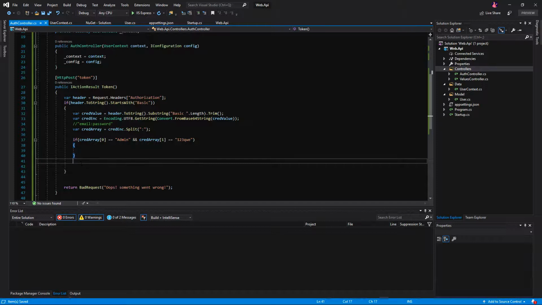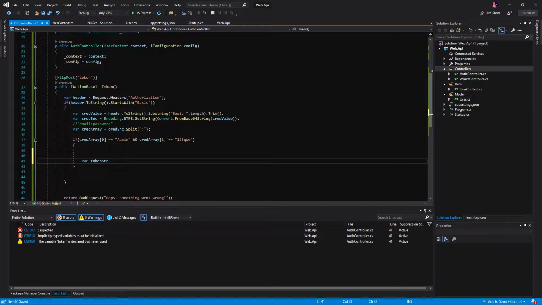So if this is true, then we can return. We can create the token for this one,